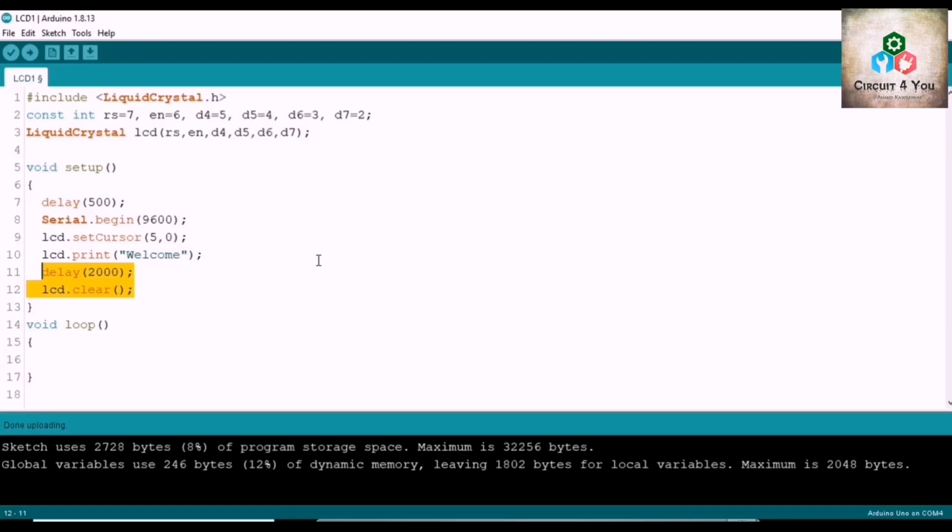I will delete the 2 lines which we added, that is the delay and clear screen. Now we want to print on the second row, so I will set the cursor on the second row by writing the command lcd.setCursor and 0,1. Here the first row is defined by 0 and the second row is defined by 1.